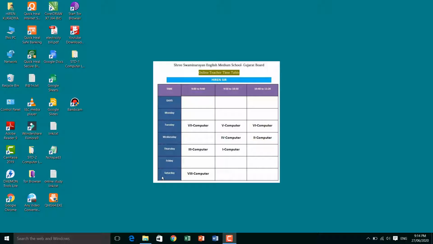Today we are going to learn language translator, standard 4th, chapter 2. We have already seen the types of software. In the first part, we learned about the need of software, types of software, system software and application software. In system software we have seen the operating system and functions of operating system.